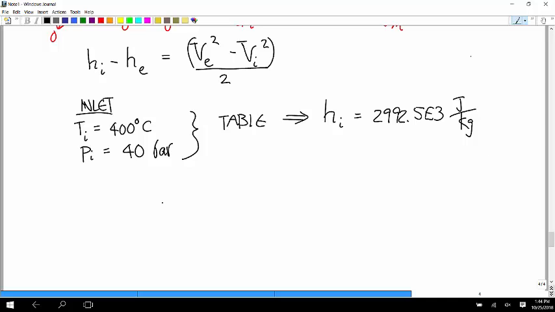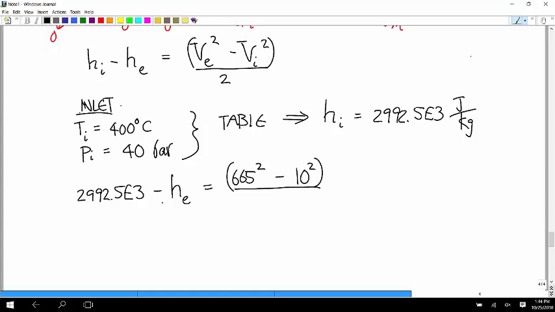So we have that 2992.5 times 10 to the third minus h at the exit equal to 665 squared minus 10 squared, all divided by 2. And we can use that to calculate the enthalpy at the exit. And you get